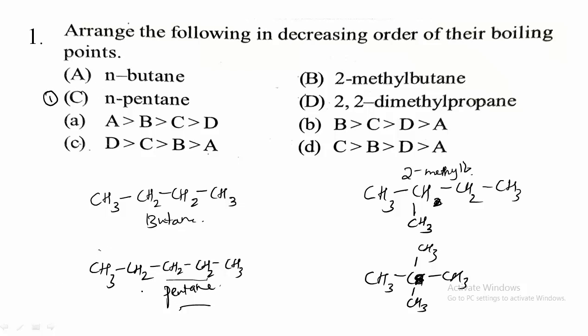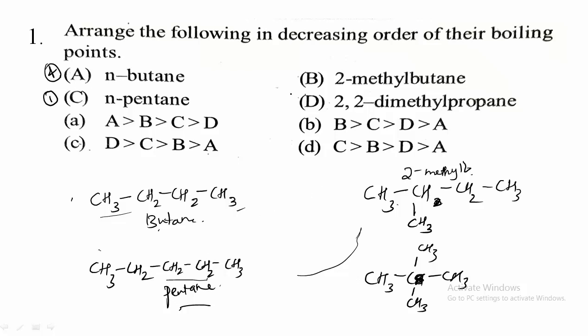Then after this, which one is having slightly less boiling point than pentane? So will it be butane? No, because in 2-methyl butane also 5 carbon atoms are there, and in 2,2-dimethyl also 5 carbon atoms are there. So after these things, the butane is having lesser boiling point because it consists of only 4 carbon atoms. So thus it will come at 4th position, that is butane, that is option A. It is having least boiling point.